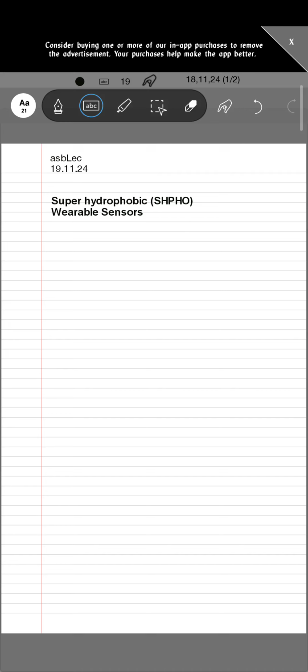Hello students, so today in this lecture we will discuss super hydrophobic wearable sensors. Now, the word hydrophobic means phobia from water. That is, it is water repellent. The opposite of this is hydrophilic. Now, to technically differentiate or categorize what hydrophobic or hydrophilic surfaces mean, we